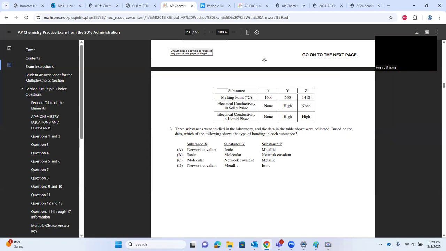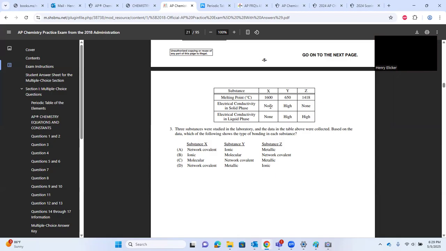Because remember, melting point is the temperature at which they separate. So it takes a lot of heat energy to separate those really charged, forcefully attracted things. So typically, ionic compounds are reserved for having very high melting points. But notice that it says in a solid phase,